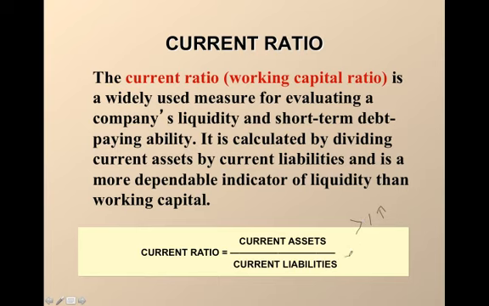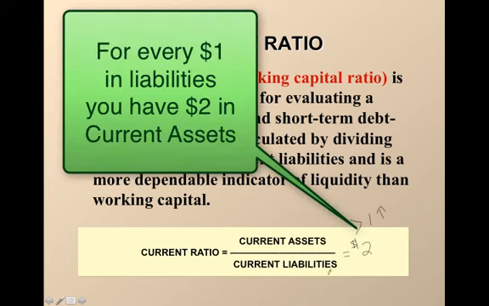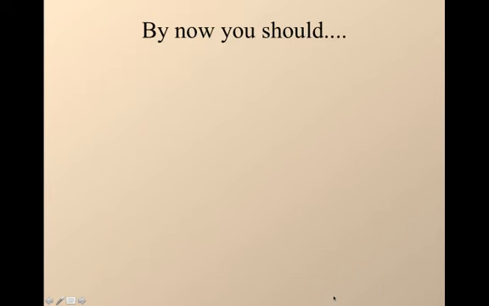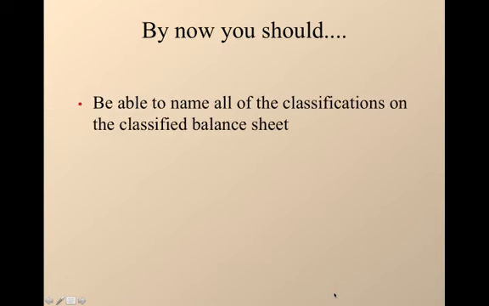So let me give you an example. If you did this calculation and you came up with a number of 2, that means for every dollar in liabilities, you have $2 in assets, which is pretty good. So if you were to sell all your assets and pay off your liabilities, you would still have half your money left. So by now you should be able to name all of the classifications on the balance sheet and